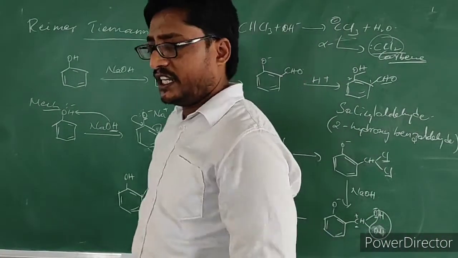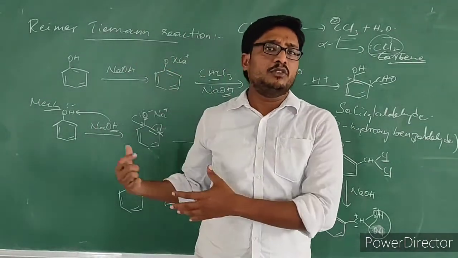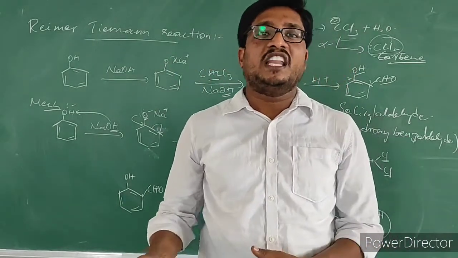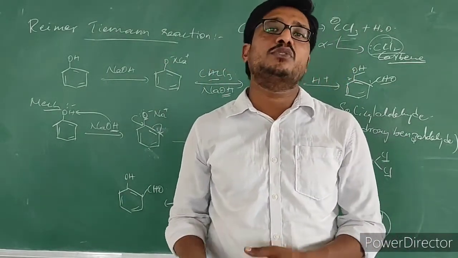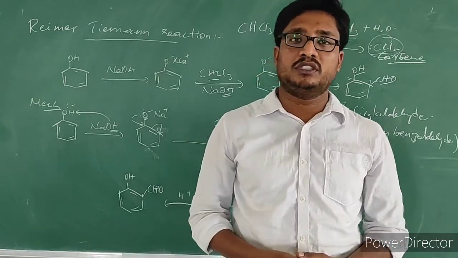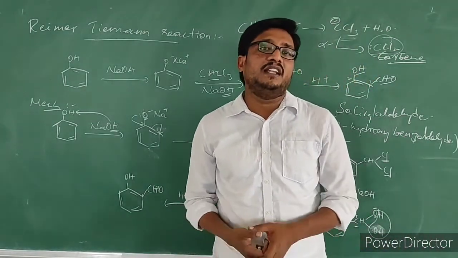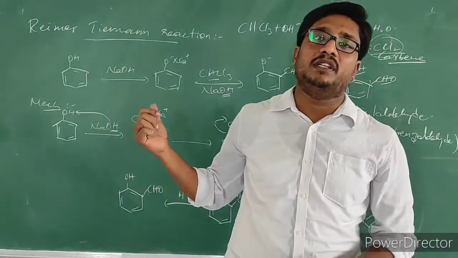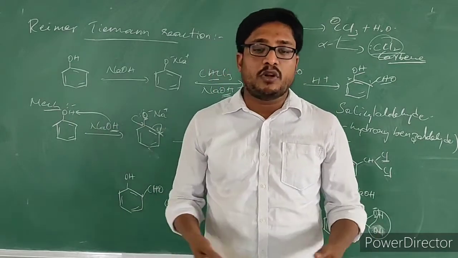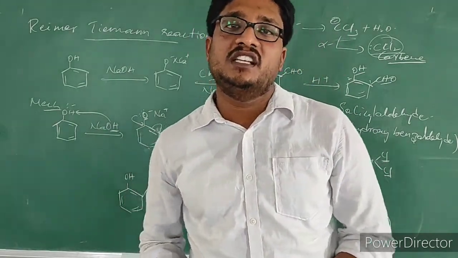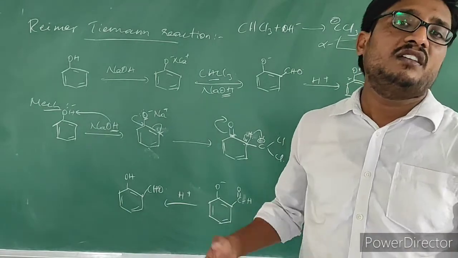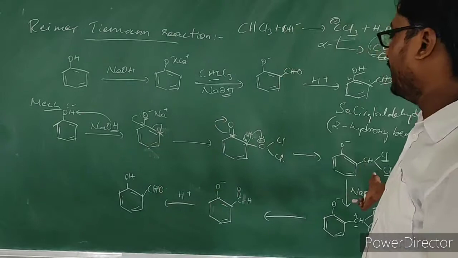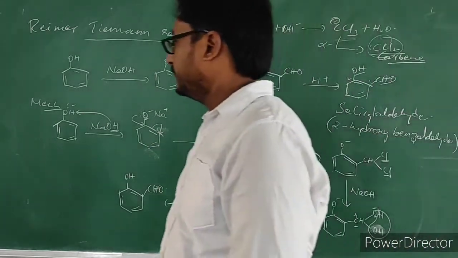So in objective questions, how will they ask based on this topic? It's nothing but what are the reagents used in Riemann-Tiemann reaction? We generally use chloroform in presence of sodium hydroxide. What is the electrophile that gets generated in Riemann-Tiemann reaction? Dichlorocarbene, that is the electrophile. What is the product which gets produced by Riemann-Tiemann reaction? Salicylaldehyde. What is the reactant? Phenol. So these things are important. Please keep them in mind. So this is the mechanism. Hope you understood.